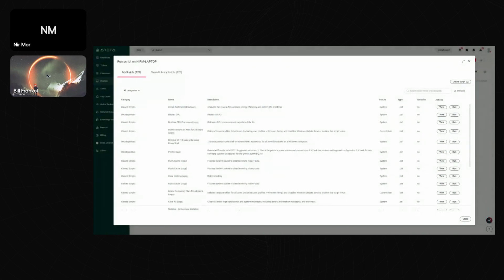Again, you are able from over here to see monitor devices. One of the things is that while we do have the Atera agent that can be installed on devices, whether there are